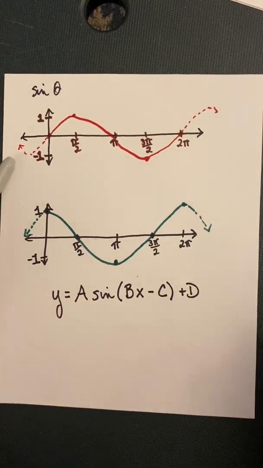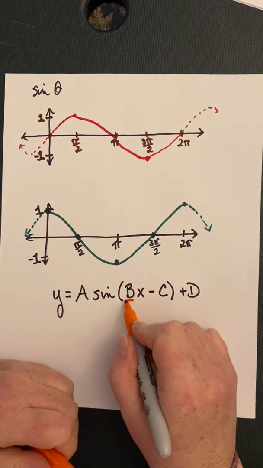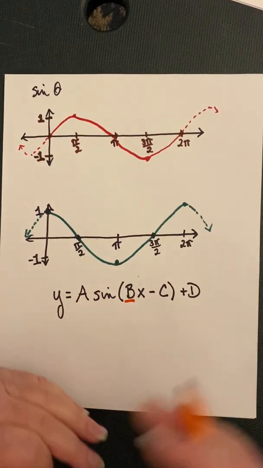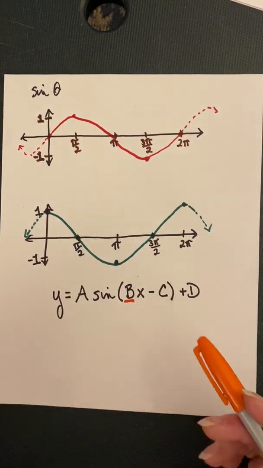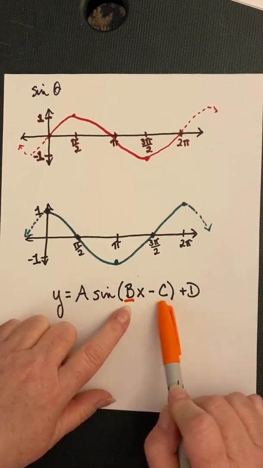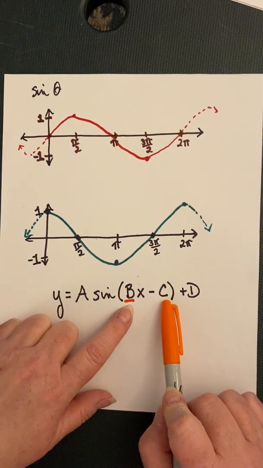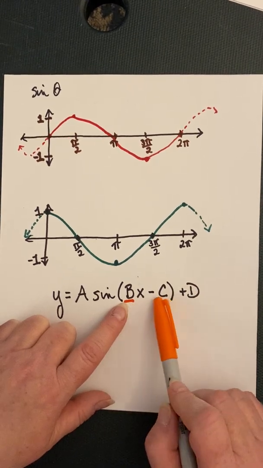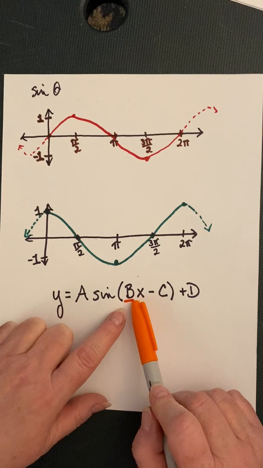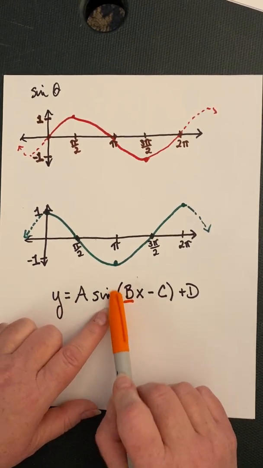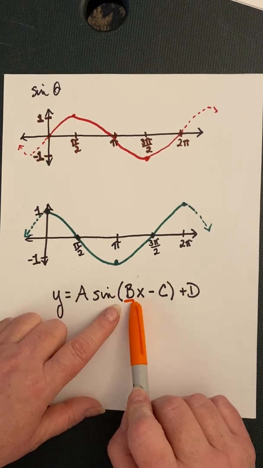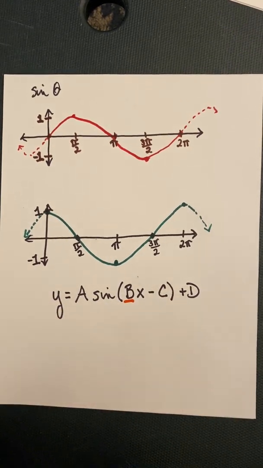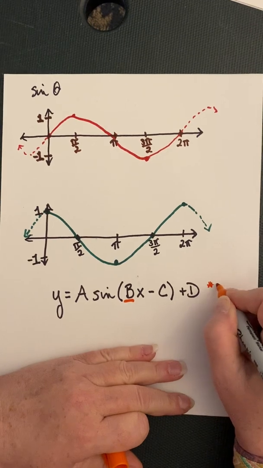Okay. Now, there's a number of things that go on here. You have to watch for B. B is going to be important. And usually before you start to try to manipulate this equation and figure out what the translations are, you're going to want to factor out the B, which means factor it out of B and C, right? So let's say, for instance, if B was 1, then we don't have to do anything. But if B was 2, we would have to take C over 2, right, and factor out this 2, so it would come out like over here. So we would have B times x minus c over b, right? Okay, so I'm just going to make a little note of that. Factor